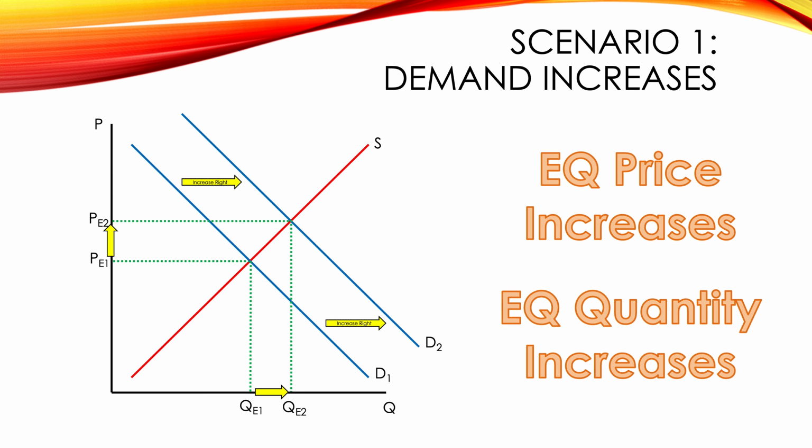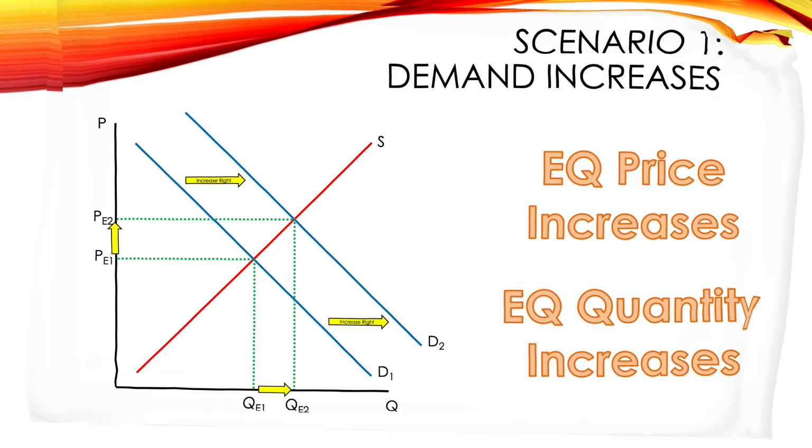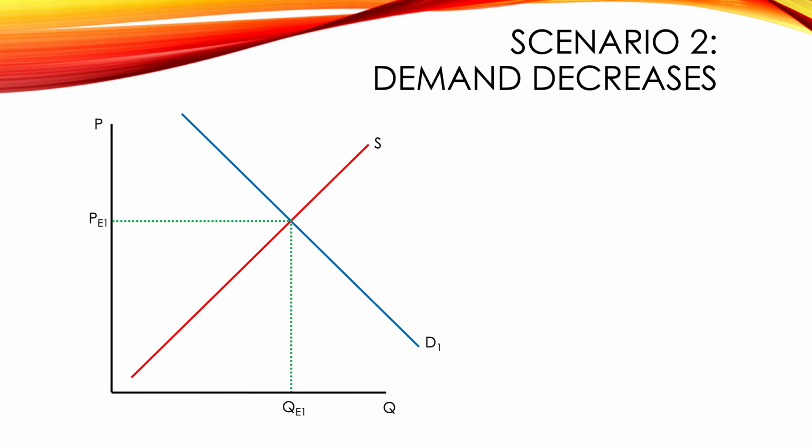So when a demand shift happens, and again, we're not shifting the supply curve at all, this demand curve shift does not cause a shift in supply, just a movement upwards along the supply curve. The increase in demand is going to increase the equilibrium price and the equilibrium quantity. If we were to look at the opposite situation now, a decrease in demand, that's a decrease to the left,